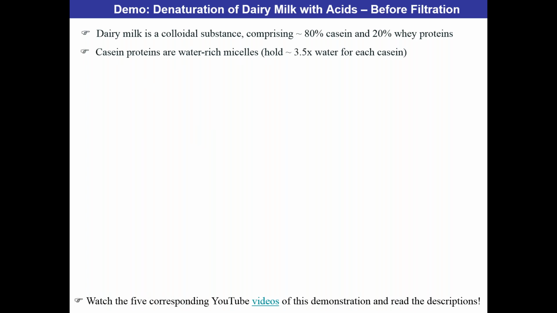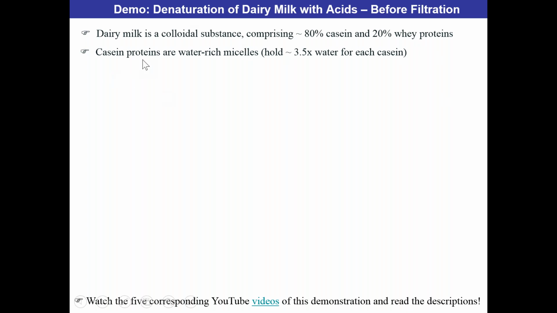Dairy milk is a colloidal substance. It has about 80% casein of the protein and 20% whey proteins. So the protein content goes about 80 to 20. This is way different for bovine milk, like I have here, than it is in human milk. So human milk, it's almost flip-flop. It's almost like 30% casein and 70% whey, okay? So in humans, the breast milk would be about 30% casein, 70% whey, way different than the dairy milk